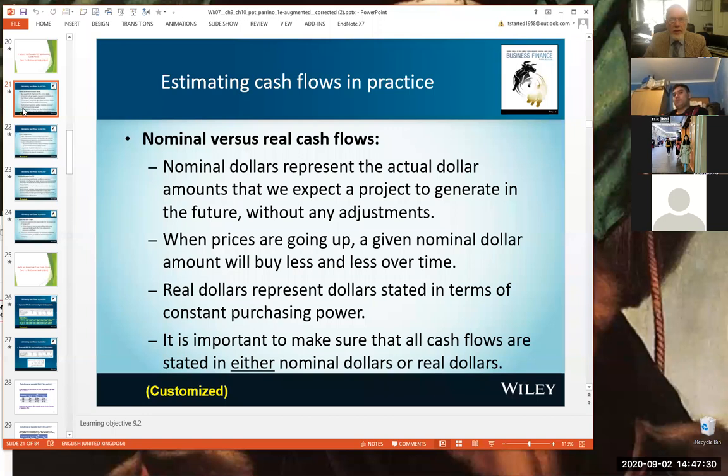Now we're going to look at some practical factors. I think most of these also should be fairly obvious to you. While I could read them out to you, you can probably read them just about as fast yourself, and it also gives you a little bit of time to think about them. We're talking about nominal versus real cash flows. When we're talking about real dollars, what we're talking about is adjusting for inflation. There's actually a couple of ways of doing this, but in our world, inflation is a perennial problem. Most of you probably just think of inflation as something which is always there.